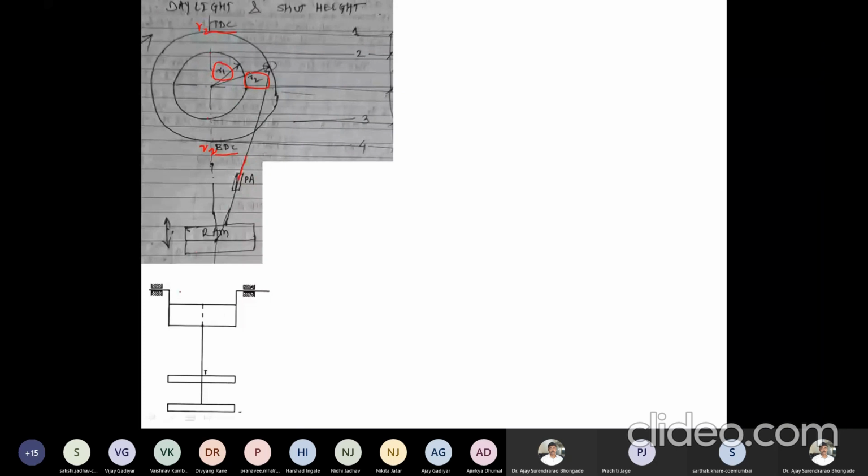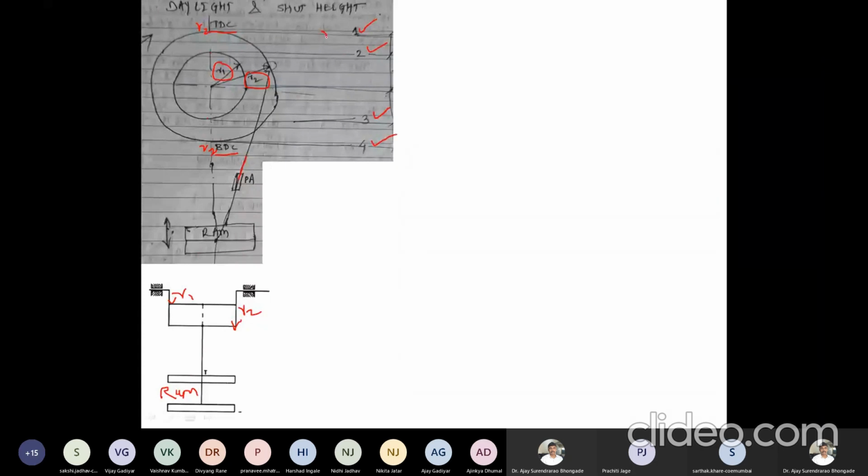So if I simply try to state it with this crank, we can keep this radius as R1 here, or we can keep the radius of the crank as R2 like this, and we get different positions of the RAM. We can get the position of the RAM there. Okay, so I can define the four positions now. First position, TDC with R2. Second, TDC with R1. Similarly, third position is BDC with R1, and fourth position is BDC with R2.